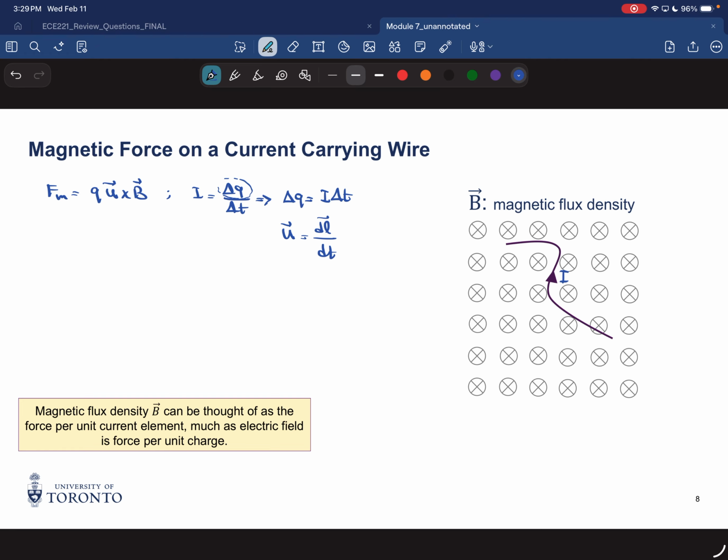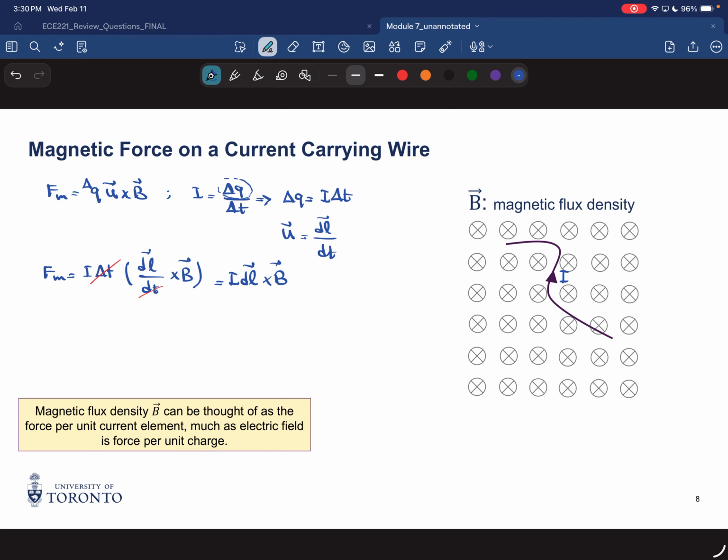So I can write it like this: Fm is delta Q, which is I delta T, dot dl over dt, cross B. This dt and delta t are the same, so it's going to be I dl cross B. So the force on every section of this wire or current is going to be I